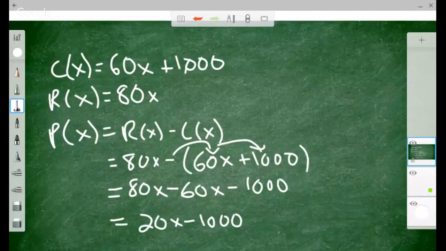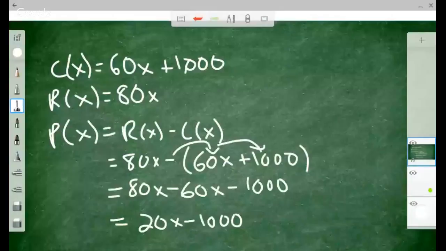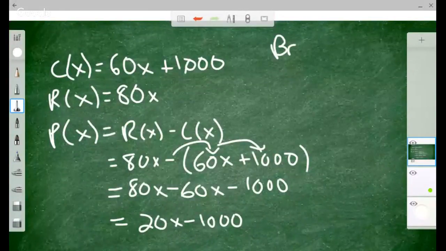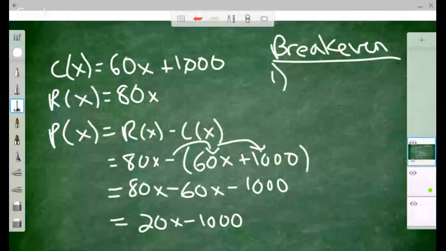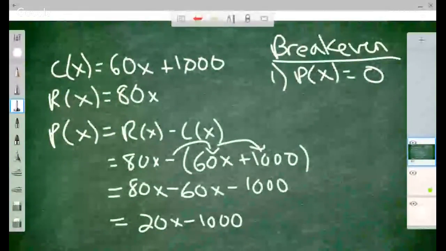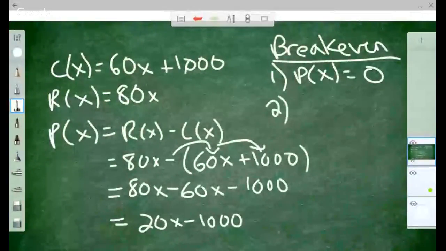So we've done that a lot, and we found the profit function, but then like Yvonne is asking, how do I find break even, or the break even point? In other words, the number of units x that would help me break even. So first of all, what does break even mean? So break even, you can think of it in two ways. First is when the profit is 0. Okay, so you don't make money, you don't lose money. Or because the profit is equal to revenue minus cost, that's the same thing as saying the revenue minus the cost is 0,